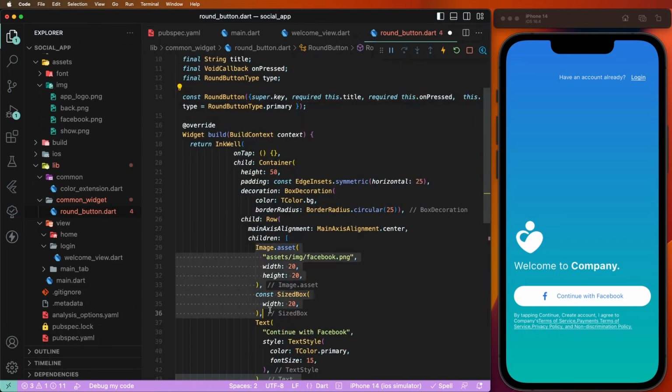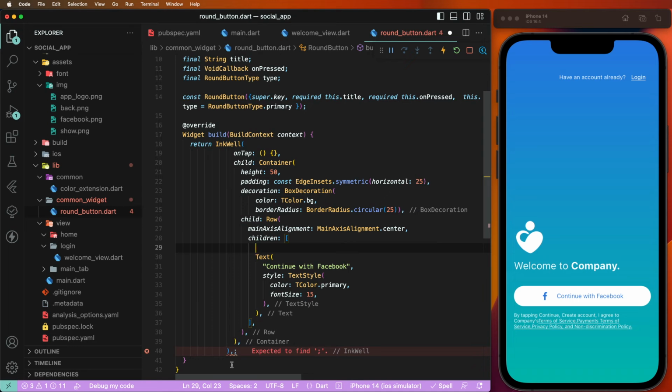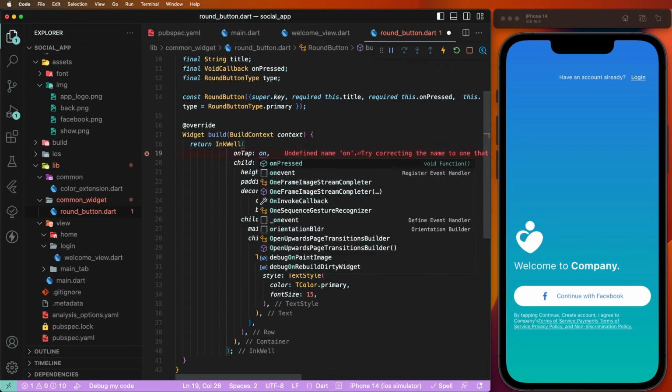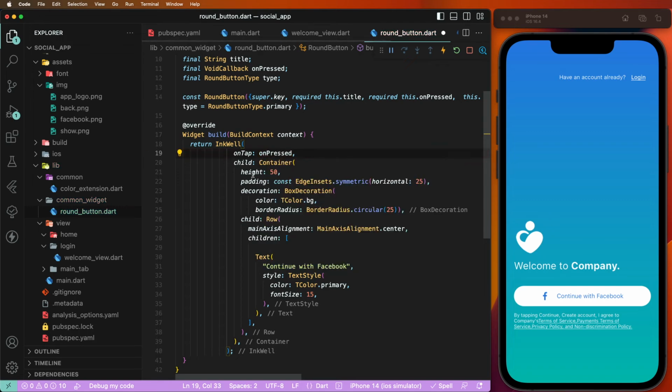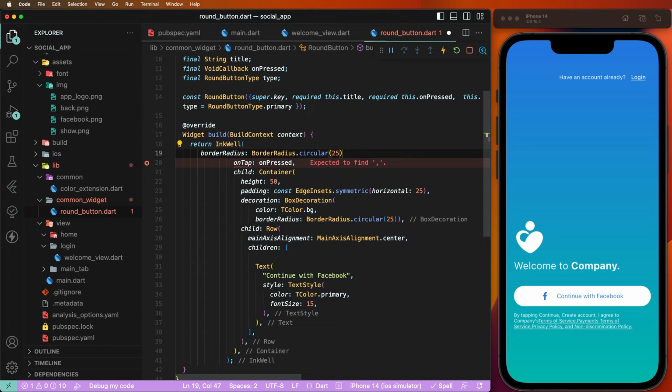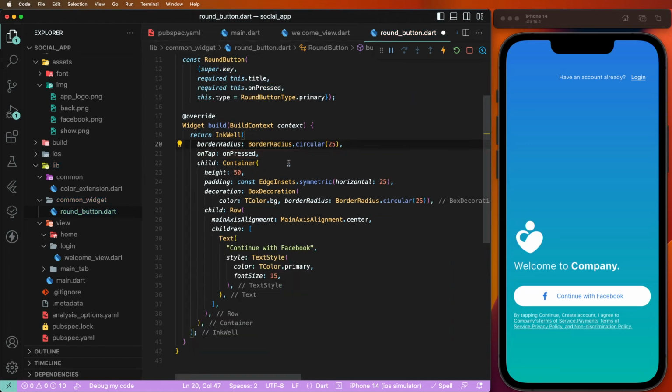Need to remove this image, it's no needs here. On press event as well as need to copy this here. Yes, now need to set as a titles, need to give this here, and now need to check here the property for this type,